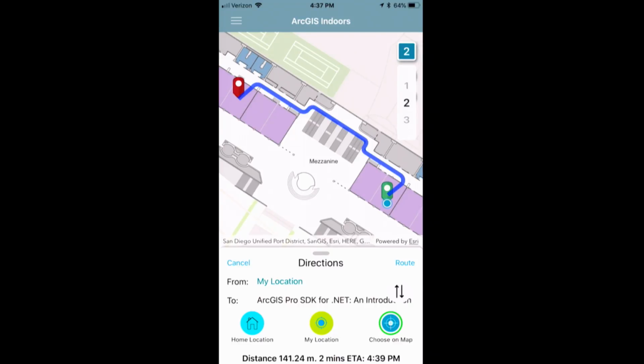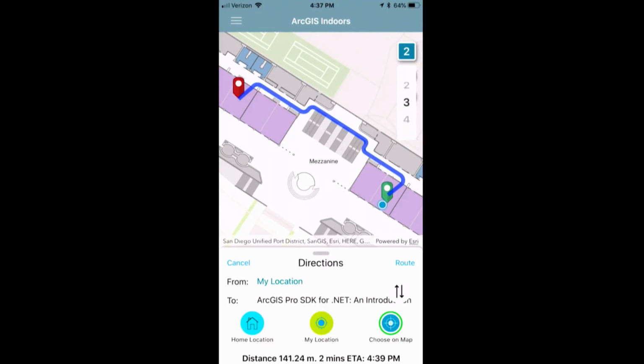So handy, it's right down the hall, right? But we can see that same network that Craig was busy putting together on the desktop. This has now been not only published as a network service that I used in the web application, it's been wrapped up in the mobile map package that now exists on my phone. So even if I go into airplane mode, I can still use this application because the mobile map package exists on the device. That's kind of a neat thing.